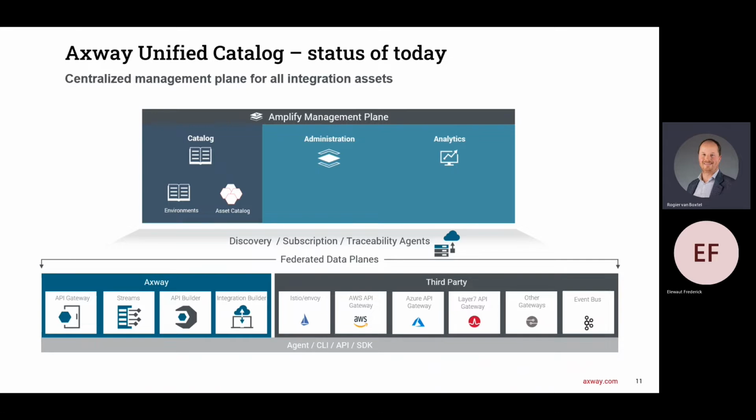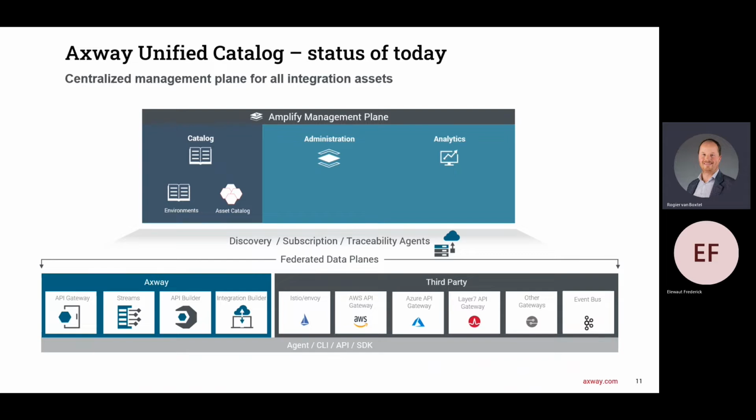Obviously, if you have a gateway sitting out there, any gateway, it may have, I don't know, a few hundred different APIs available. You will probably only want a subset to be bubbled up into the unified catalog, so those are things that can be configured. So during the setup of an agent, you will be able to apply a number of filter rules that will decide whether a newly discovered service is a candidate to be published in the unified catalog or not. So the agent discovers stuff in whatever underlying system we have, and then it uses the Axway standard administrative APIs in order to push those newly created or mutated services to the unified catalog in a